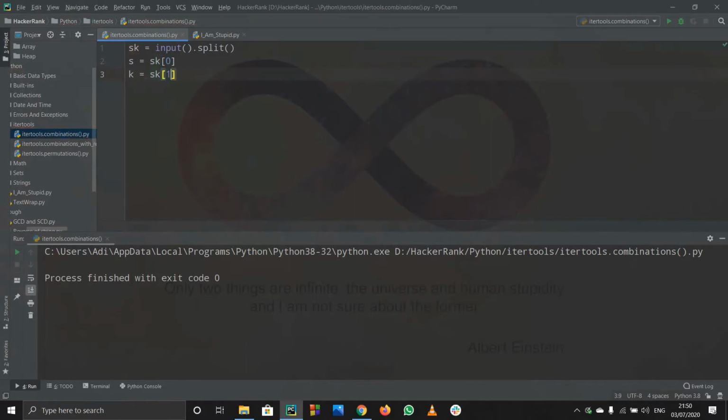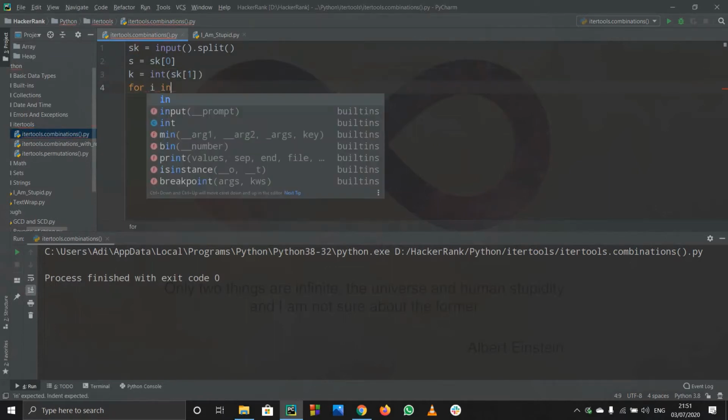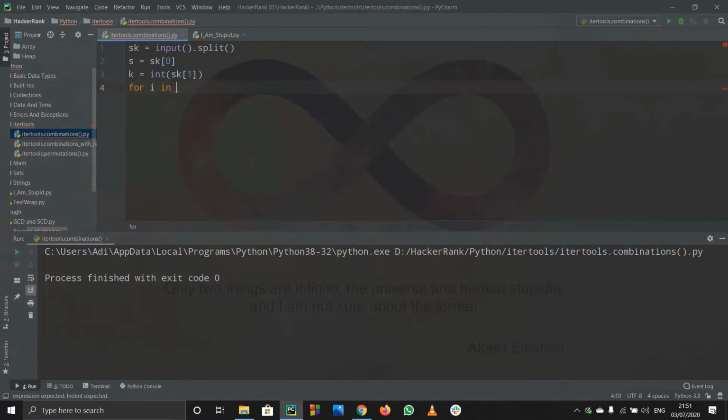But remember, k is an integer and I'm going to use it afterwards. So this k, when we take it, will be a string by default in Python. So we'll have to convert it into an integer in this way. Afterwards, we'll start a for loop, for i in range. Oh, instead of the for loop, first of all we'll have to import that module, itertools. Import itertools. Okay, fine. And afterwards I'll use for i in range. Now the range we'll see afterwards. I'll tell you why we took it.